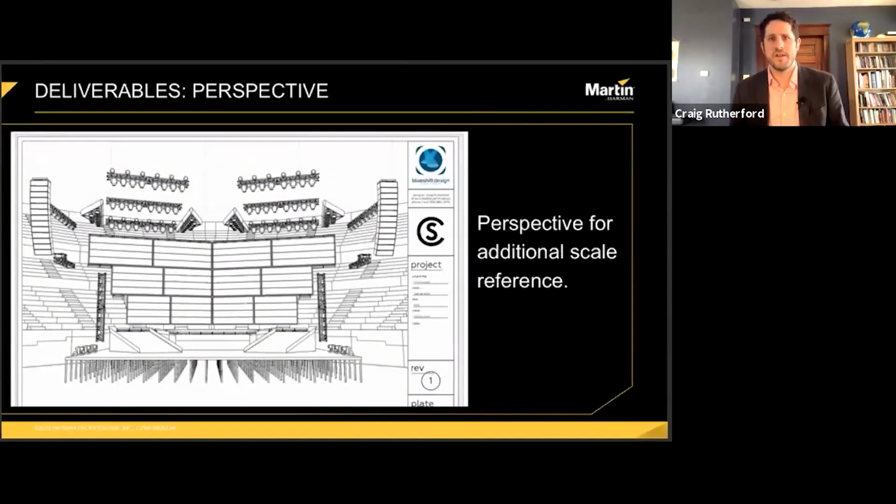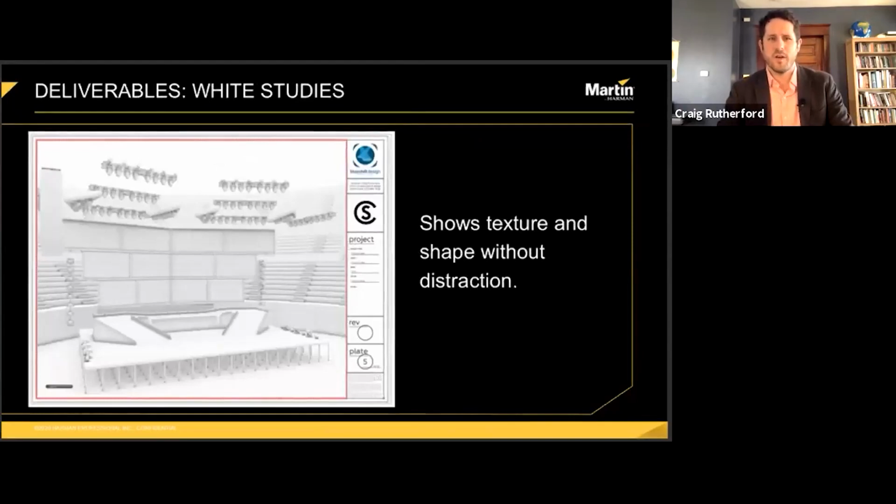Some perspective views. Here's where I typically take things artistic, and I use one of the Vectorworks artistic styles to do what is essentially a hidden line render with some very pretty lines. The perspective view, again, helps to convey a sense of scale. And then there are some what I've heard called white studies or ambient occlusion renders. These show just shapes. They're just white. The idea is to show like the shape and the texture of the set, not textures in a 3D modeling sense. I mean like the forms and shapes that make up the set without any distraction of color or anything else.